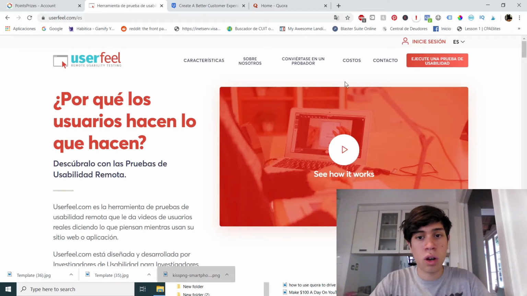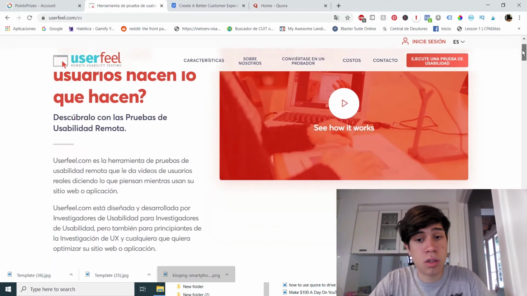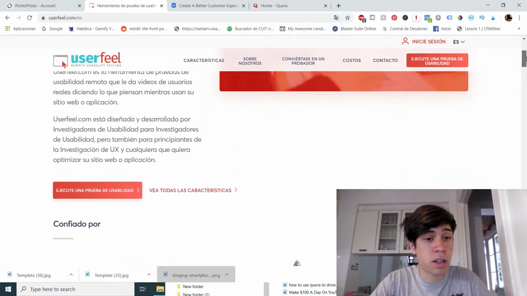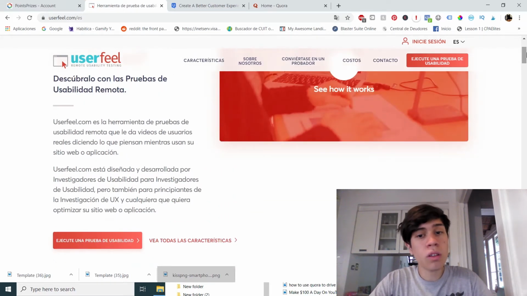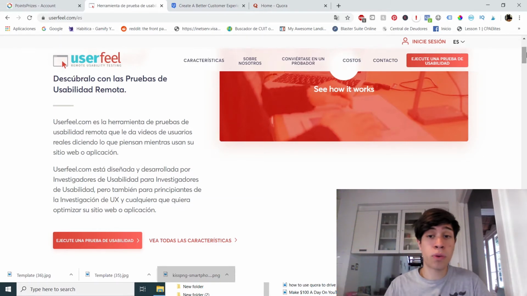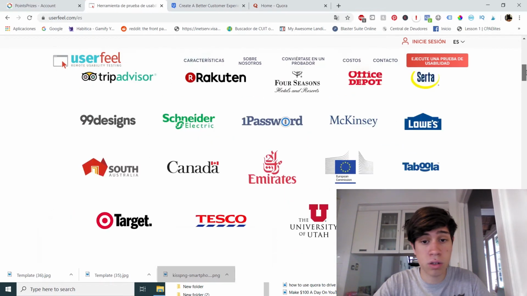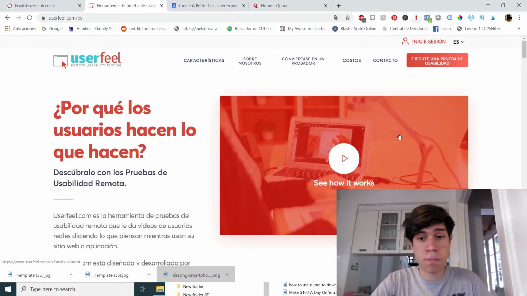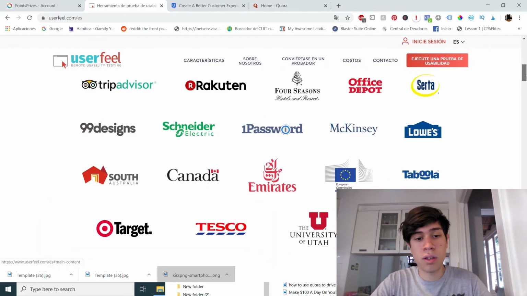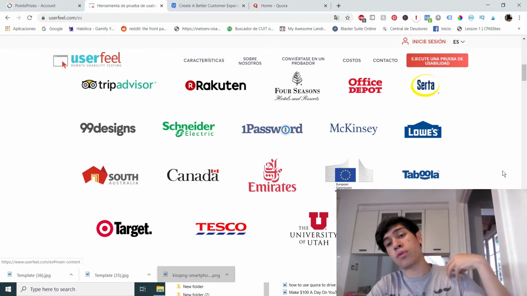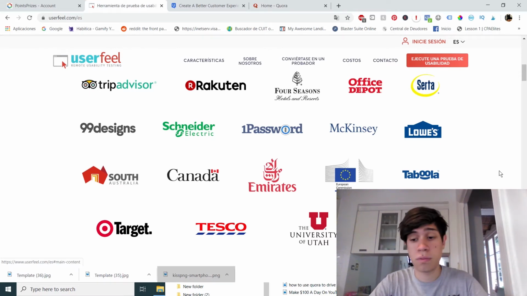Yes. The thing with Userfield is that they are very well known in the market. It's a website where big enterprises like TripAdvisor, Emirates, Rakuten, Office Depot, Tesco and Target hire people to test apps that they have built.